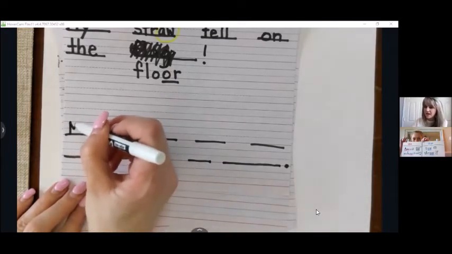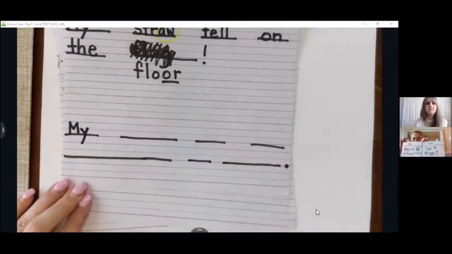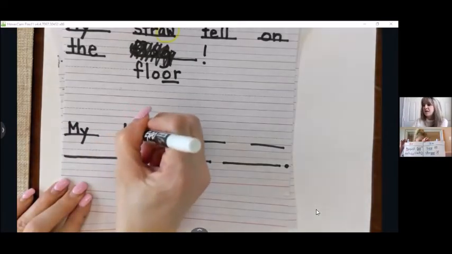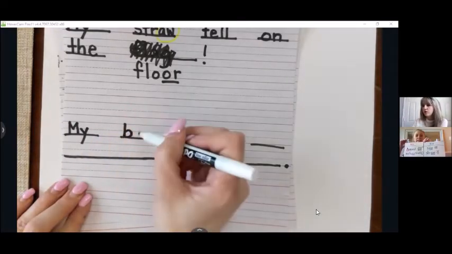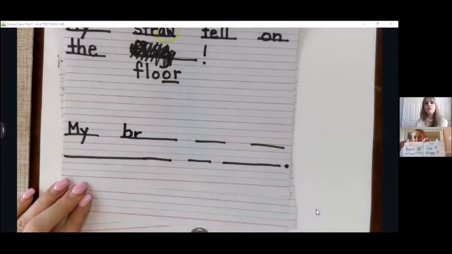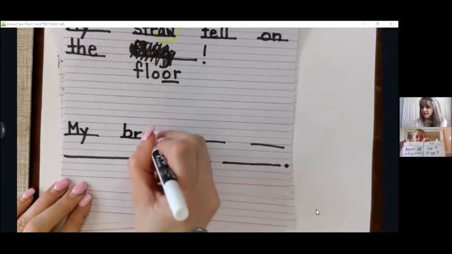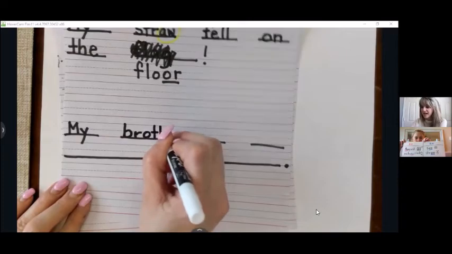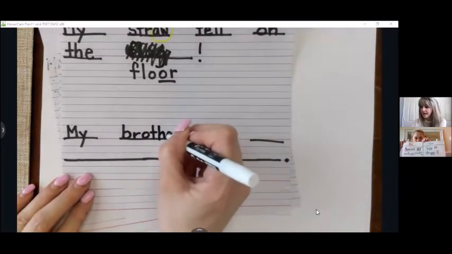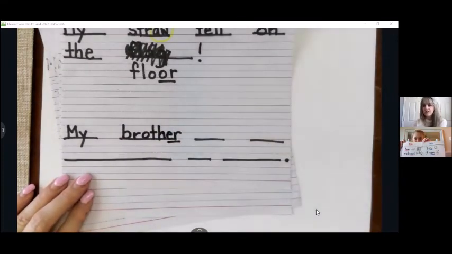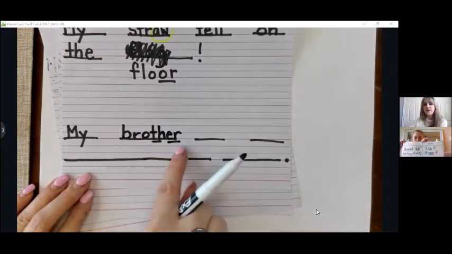There's that word my again. Make sure my letters look nice and neat. My brother. So I'm going to stretch out the word brother. Oh, I hear a blend, Miss Grissom. What is that blend? B-R. Good. Brr. And then I hear a word that we know from the word wall. Other. Other, yes. I know how to spell that. If I don't, I can just stretch it out and do the best that I can. Oh, it's got an ER ending and a TH digraph in the middle. My brother